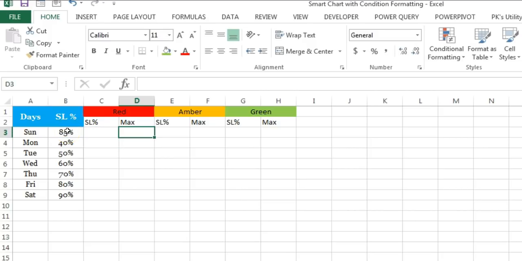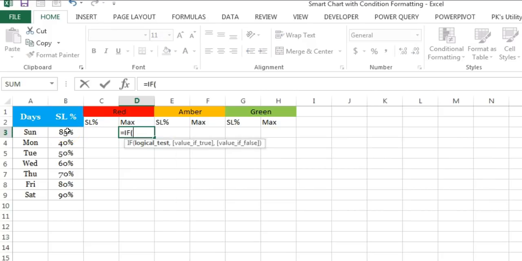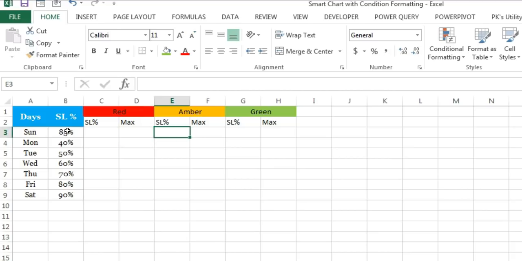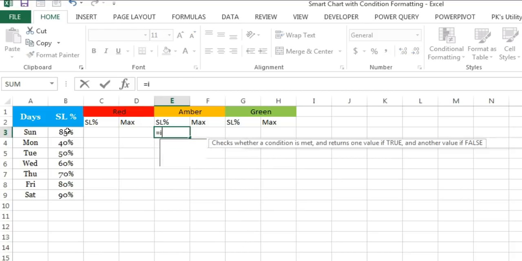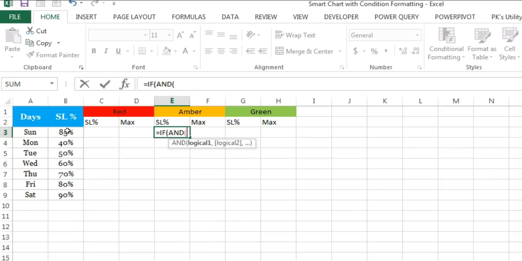In the max, we will put a similar formula. If B3, which is the actual service level value, is less than 50%, then we will take 1 or 100%, because this is for the max column. Else we will put blank. Enter. For the amber, we will put IF, and we will put an AND formula here,